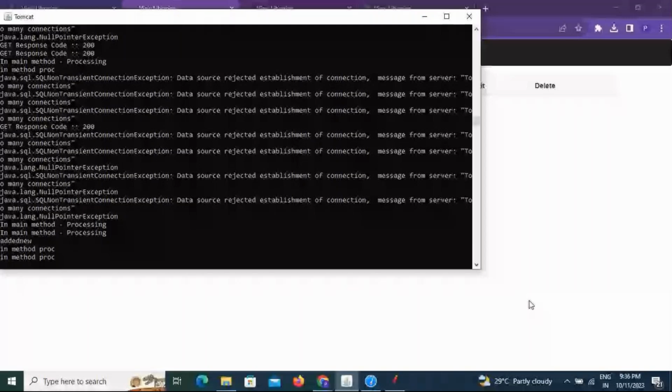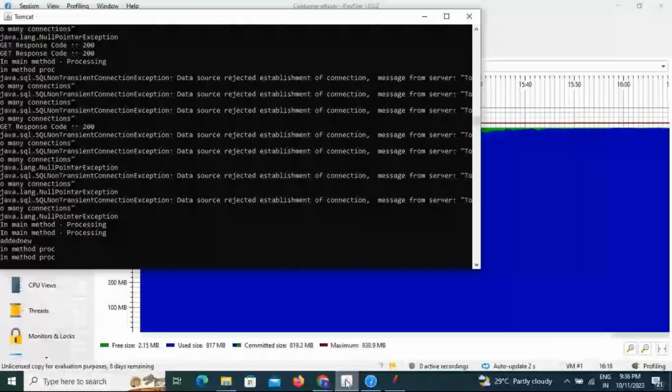I don't see any messages coming. Let's see, but it should throw an out of memory error because nothing is there. Free size is only 1.93 MB. By now, yeah, now if you see, there is a java.lang.OutOfMemoryError